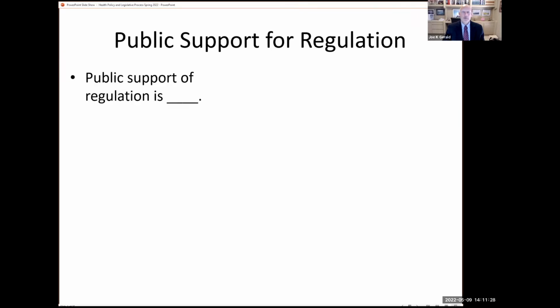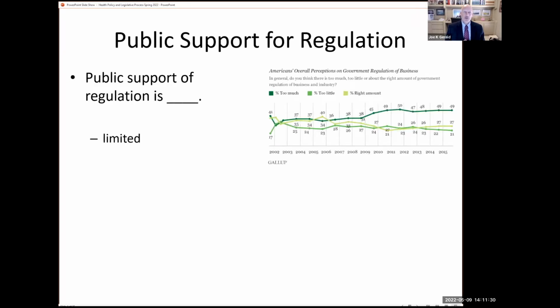Okay. And so here in the United States, public support for regulation. Regulation is basically the government. In our case, we have a federal level of government, we have state level of government, and then we have local government. At any of these levels, governments can tell businesses and individuals what to do. What are the laws or rules that they have to follow when interacting with others, when producing goods, when dealing with pollution, those types of things. And regulation in many cases is thought to be for the public good.